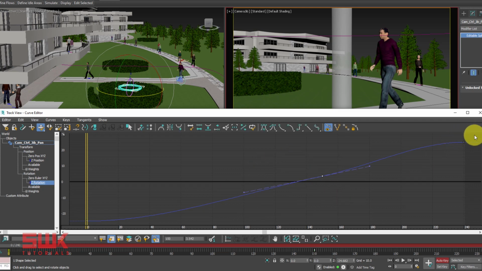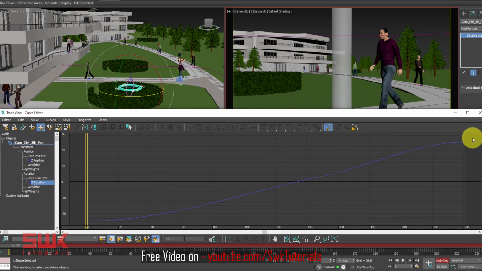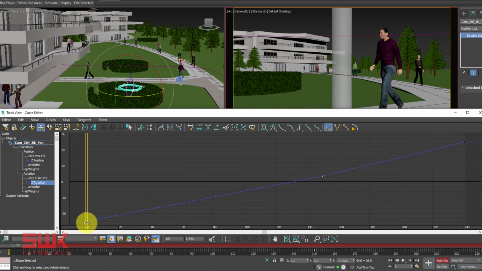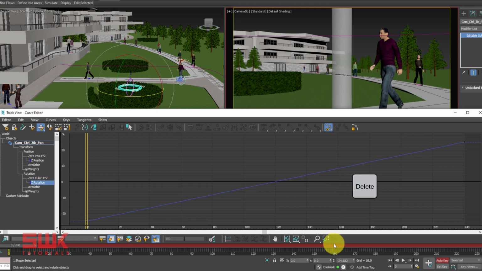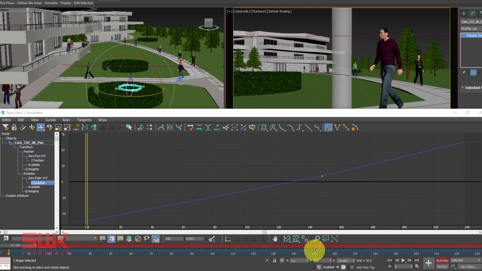So what you can do to make the speed constant is select all the 3 keyframes. This one, and this one. Select all of them like this and click on linear. Now the lines are straight, but still it is somewhere a little bit bendy here. Since we want the animation to be constant between the first and the last keyframe for this panning, we will select it and I will simply delete it from here. Or I can simply click here and delete it from here. In both the cases, my animation is constant from the start to the end.